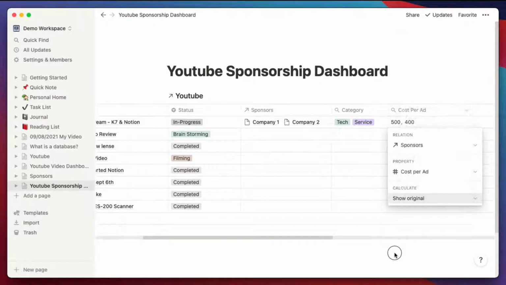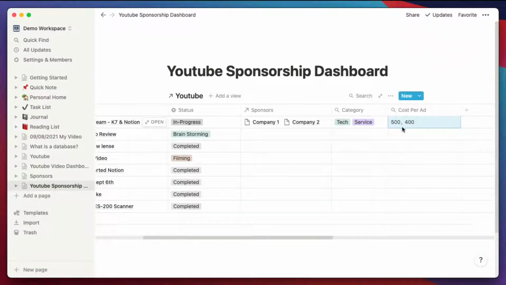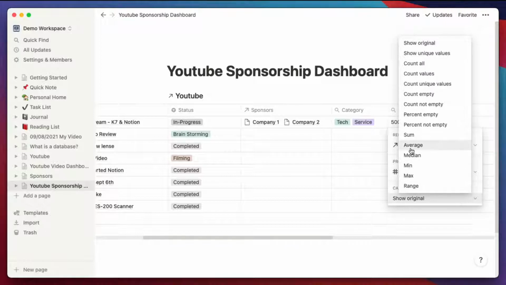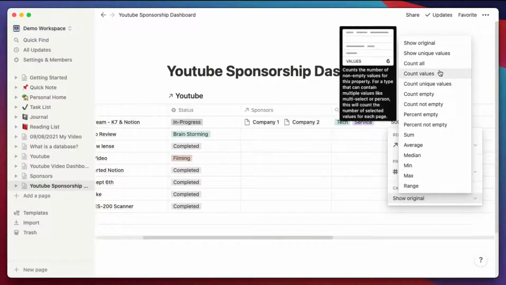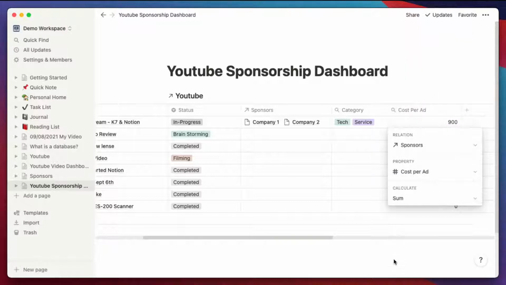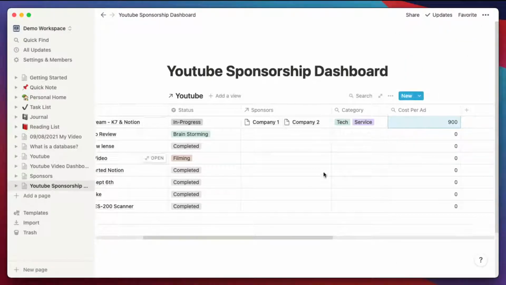And if I do show original, it's just going to do 500-400. So that can be useful as well. But really, I just want to do a calculation. You can do the average actually, or median, min, max, or just do a count. That'll give me 2, right? But I want to do the sum. And that'll give me 900. And I didn't put any sponsors, so that's why I didn't put it.